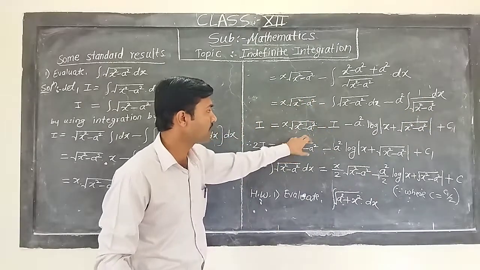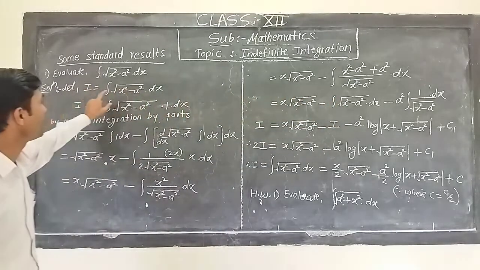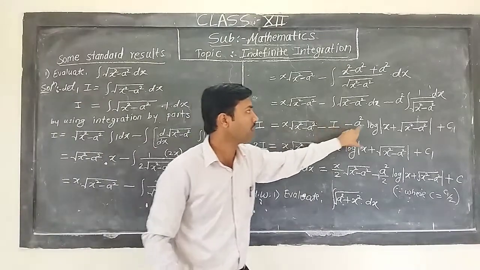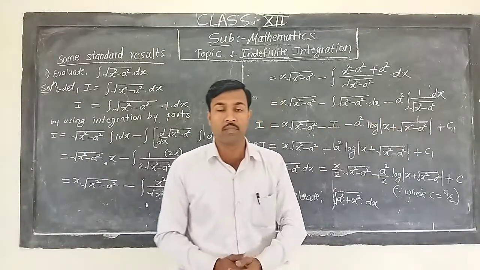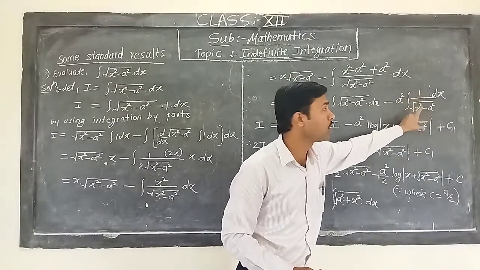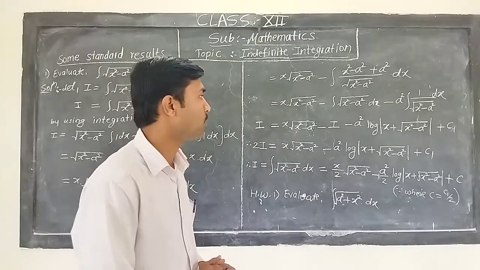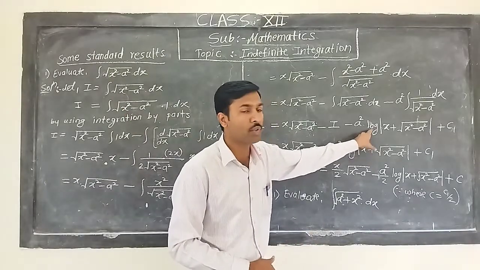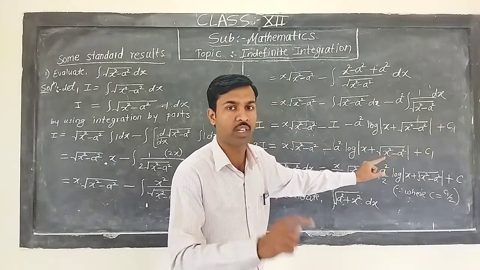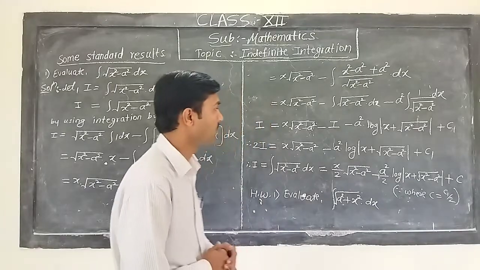Now this term remains as it is, minus this term, which is our given problem and is denoted by the letter I. So here I put I minus a square into... If you observe this term, it is the integration of 1 upon under root of x square minus a square into dx, and we have a formula for that, which is log of mod of x plus under root of x square minus a square plus c. Here the integration constant is c1.